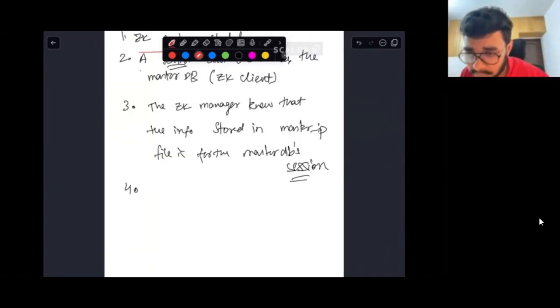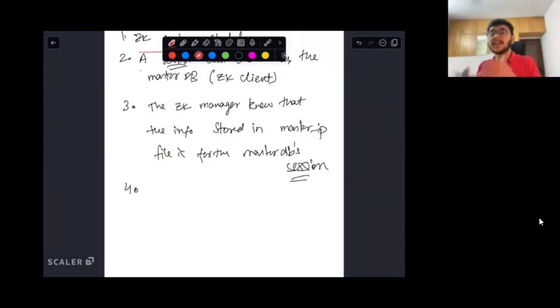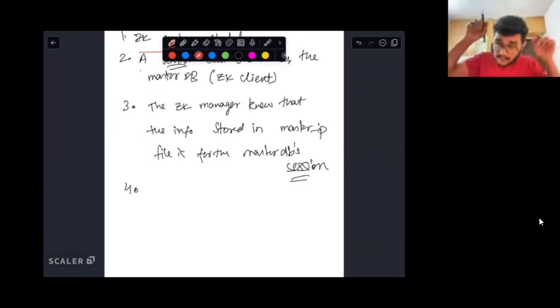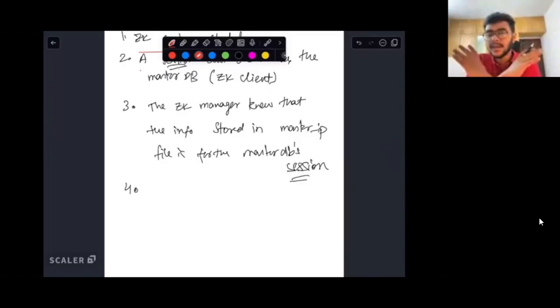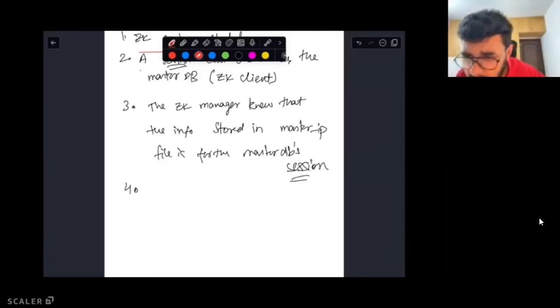But so far what I've said, Shri is asking, so everything created by a specific session will be deleted if that session is gone. Yes, Shri, the files that were created by that session, if those files are ephemeral, they'll be deleted. If, however, a session was started and a permanent zk node file was created, in that case you won't be deleting that file. I hope this point is clear to you, Shri.